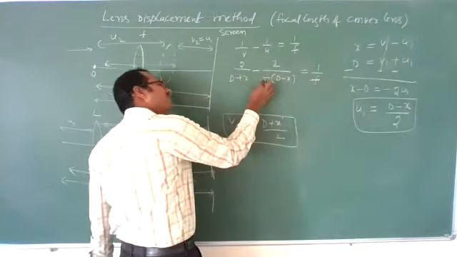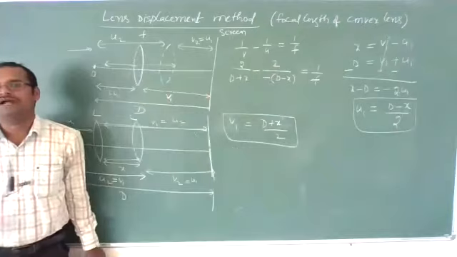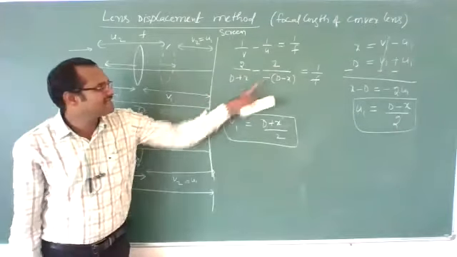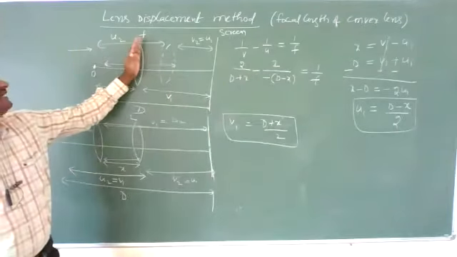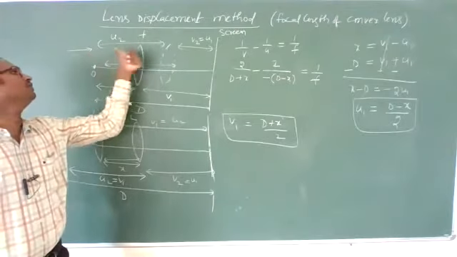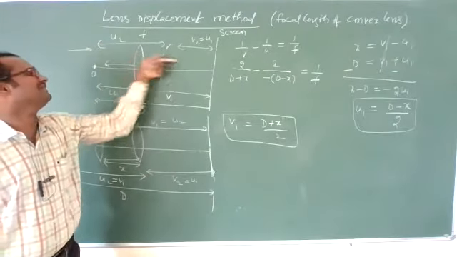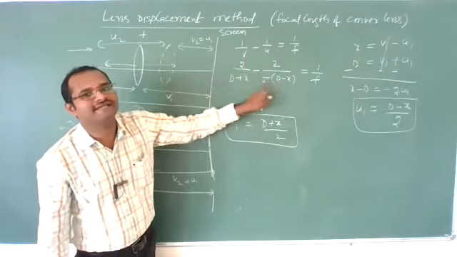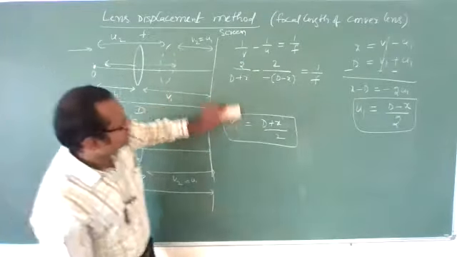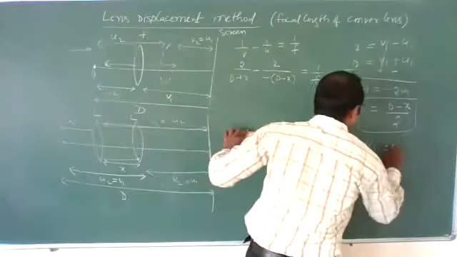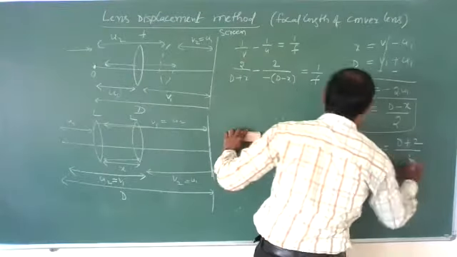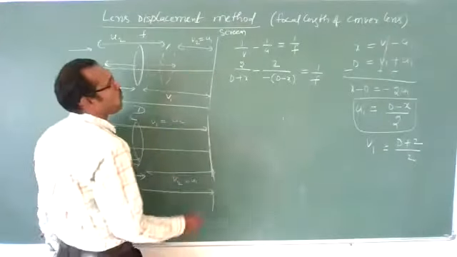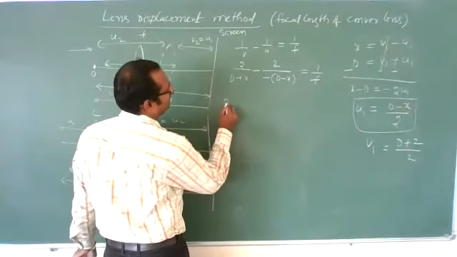Why am I using this minus? I hope you understand. According to the sign convention, the object is here, the lens is here. We should measure like this for u, whereas for v, we should measure like this. So v can be taken as positive, but u should be taken as negative. So v1 is equal to D plus x by 2. Okay. Now, what will happen?